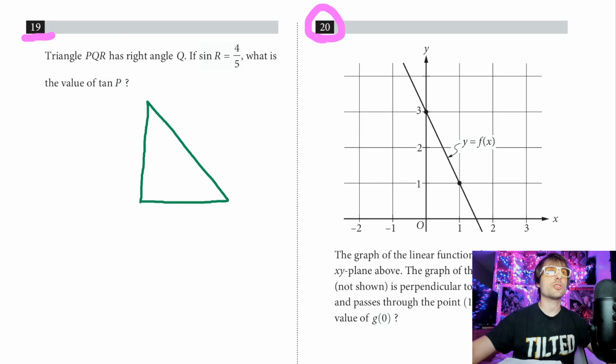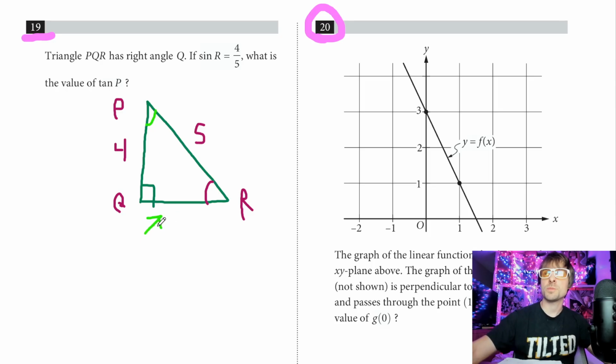Number 19. You got to remember your SOHCAHTOA rules. I see a right triangle, so we go ahead and draw that. And we label it P, Q, and R. And they tell us that sine of R is 4 over 5. So remember that sine is opposite over hypotenuse. So we go sine of R is going to be 4 over 5. They want to know what the value of tan of P is. So we want to remember with tan, it's going to be opposite over adjacent. Well, we don't have our opposite right now, but we want to